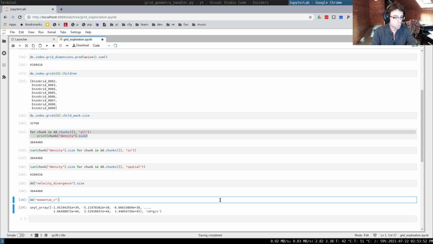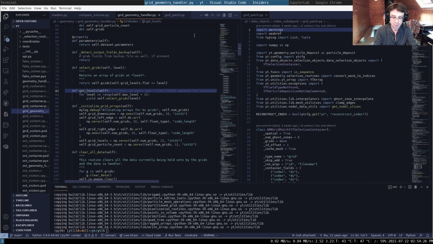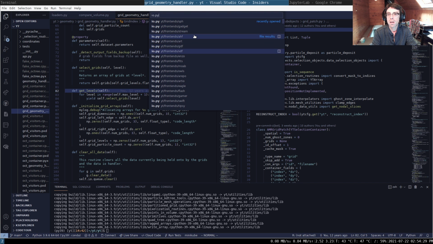So we want to be as minimal as possible in the data that we store inside our objects, as well as the data that we load off of disk. So what we do is we want to ensure that all of these arrays, so that the XYZ position of this, the IJK inside the grid index of this, is the same regardless of our chunking mechanism. And that's where the I/O handlers get a little bit sticky. So what we need to do, if we look at something like the Enzo I/O,